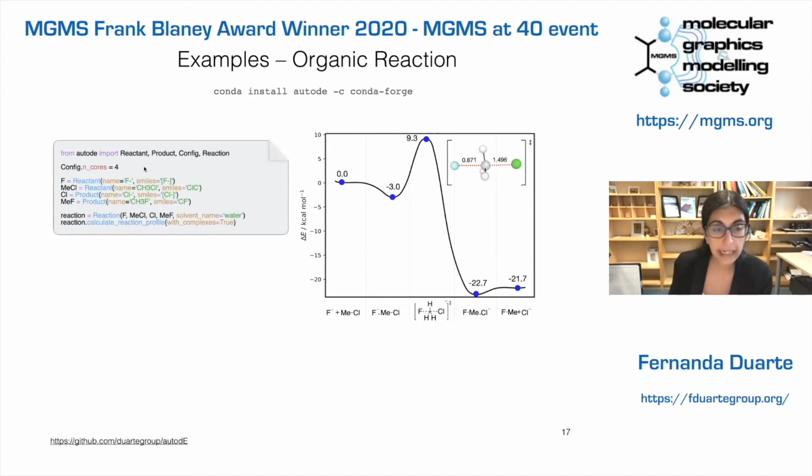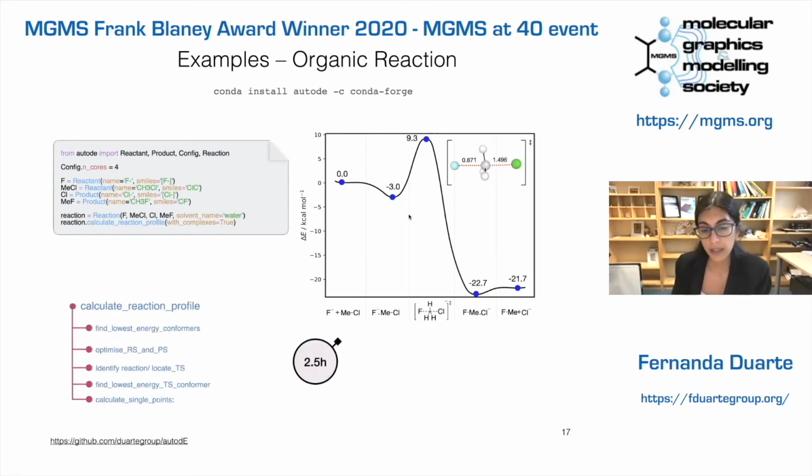We define early on, and you can generate that on your own computer, which software you're using and so on. But for this particular reaction where we have defined all these configurations, we have to define the reactants in a SMILES representation and the products, and indicate if you want to calculate the complex or not. Then the program will give you an output, a PNG file with the figure of your plot and also a log file with energies.